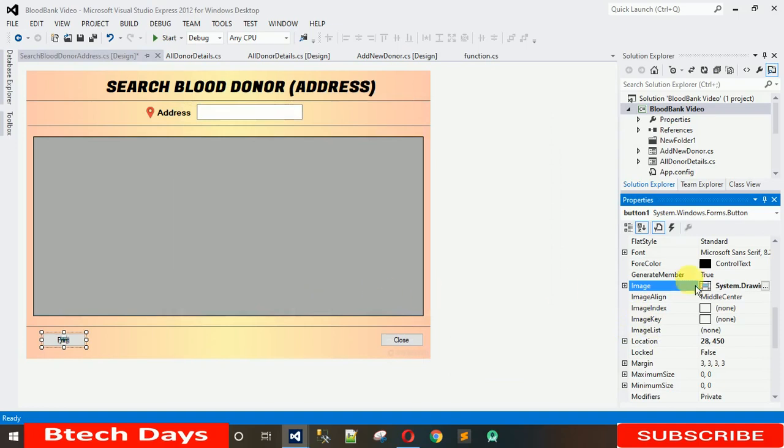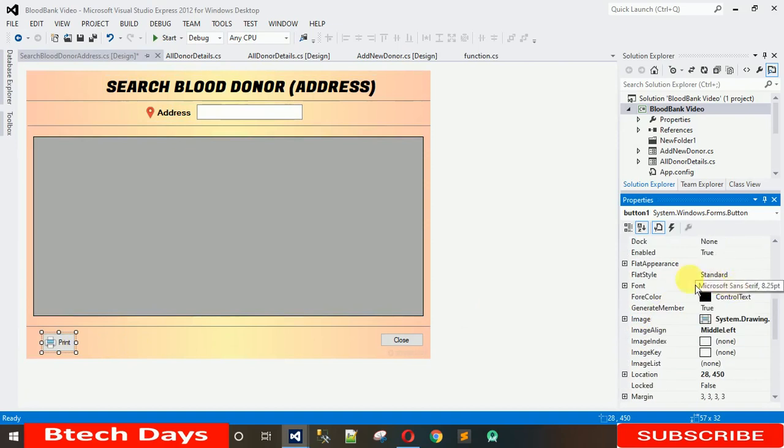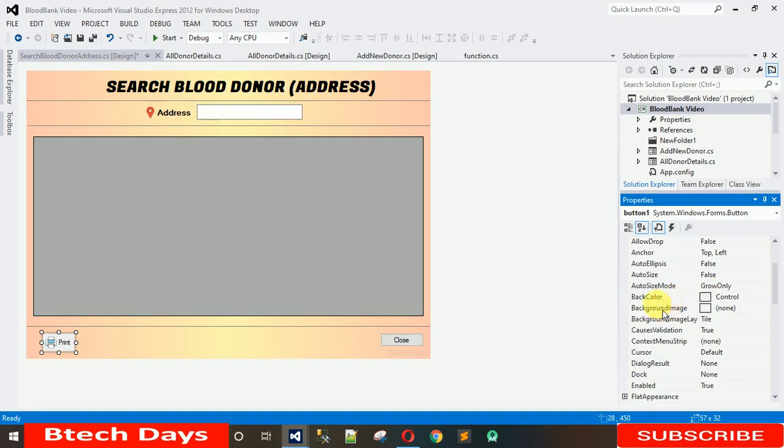and OK. Change this image line from middle to left side, middle left actually, and let me just make this one a little bit large like this, and change this text alignment from middle center to middle right, like this. And after this you can make this button a little bit small, and after that change the flat style from standard to pop-up. And after this what we have to do is change this back color